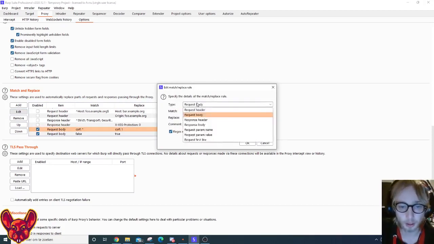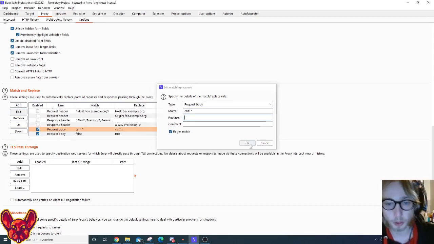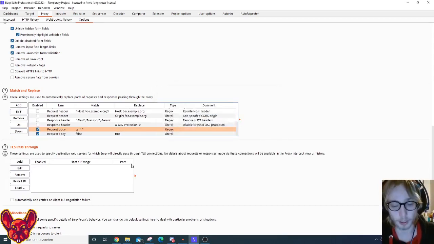The type indicates where the replacement needs to take place. So in this case, that would be the CSRF body, for example, if my CSRF parameter is in the body, of course. And then I match the CSRF value that I have and I replace it with 1, for example, or with an empty value, or I leave it empty to replace it with nothing. And I click the regular expression match box, and whenever I'm clicking around on my application right now, if I am coming across a functionality that requires me to submit a CSRF token as well, it will automatically be replaced